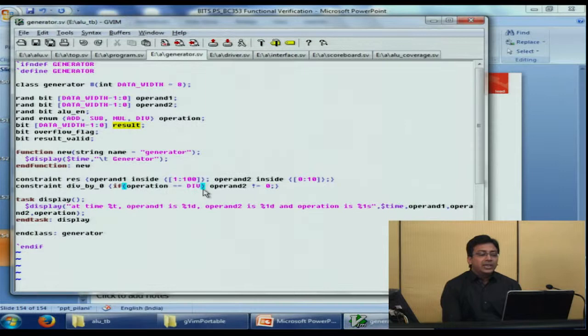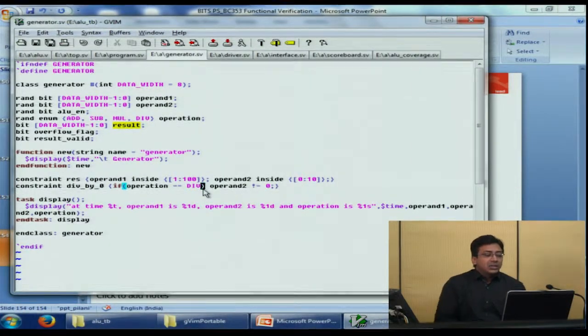If you understand the concept of randomization, when we call the randomize function on the class generator, that is, when we randomize the class, it will try to give random values to all the variables declared as rand inside the class. Okay, it will also make sure that all the constraints are satisfied.